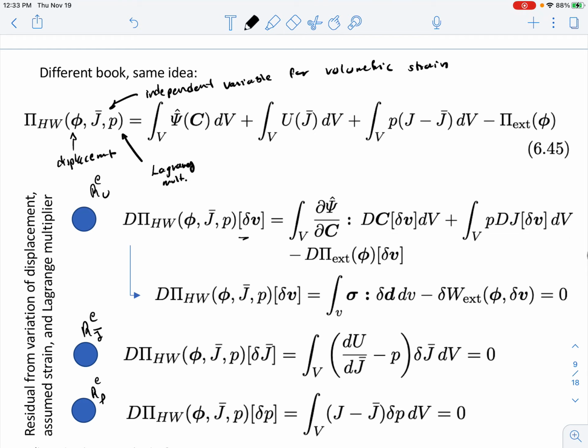Right, so here we added one additional strain, which was this volumetric strain J bar. And then the Lagrange multiplier is basically to impose the constraint that the J from the displacements equals this J bar variable. And so if you think of an extension of this is what other strains can you add as